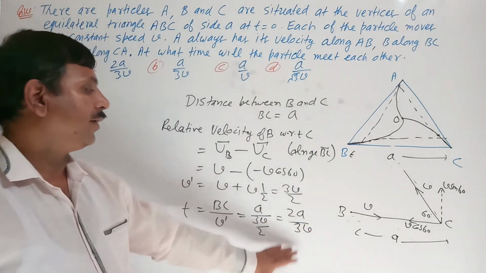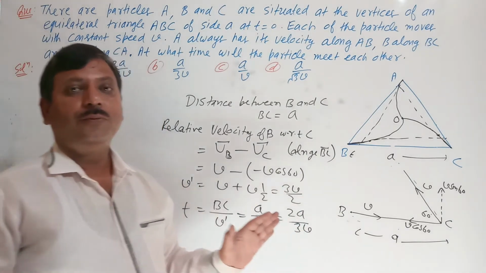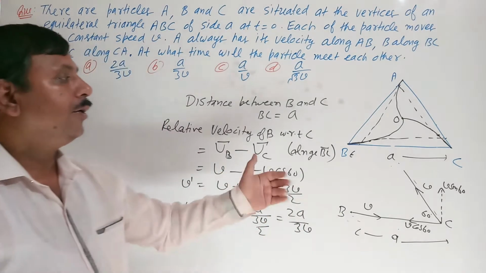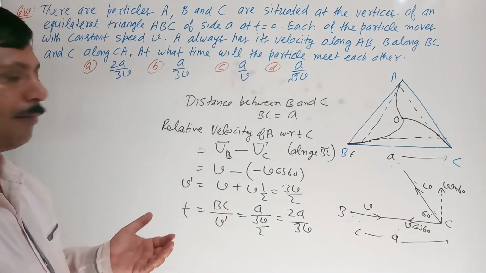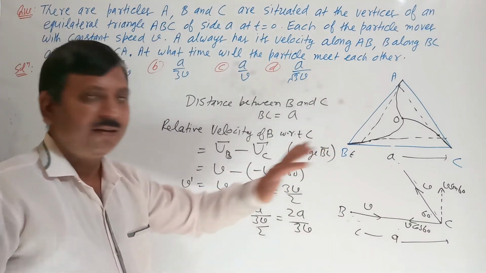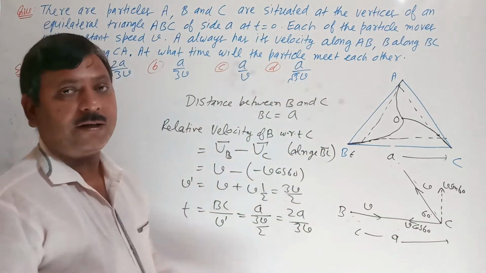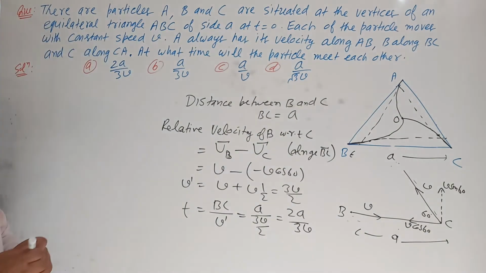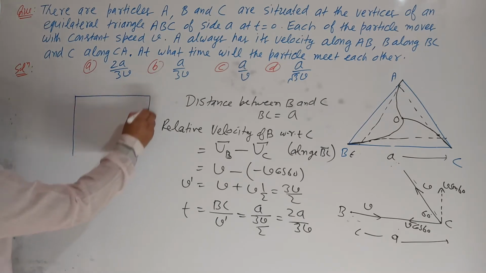So we have found it, time taken is 2A upon 3V. So this type of problem we are doing like that. See here, one more problem I want to consider in the same problem. Suppose they have given 4 particles. I am taking one more problem. Suppose they have given 4 particles